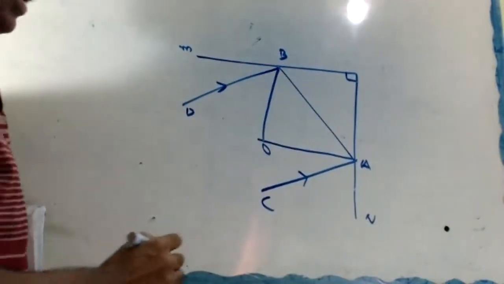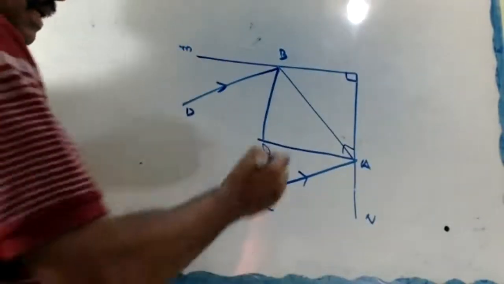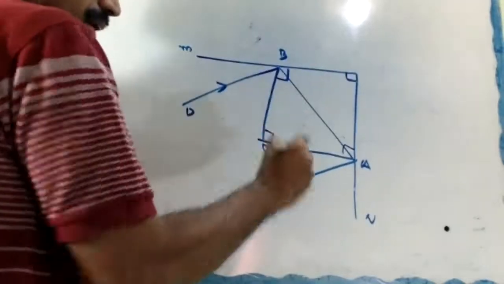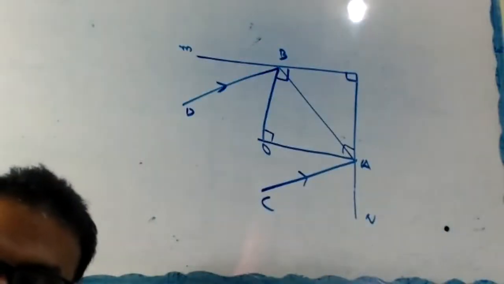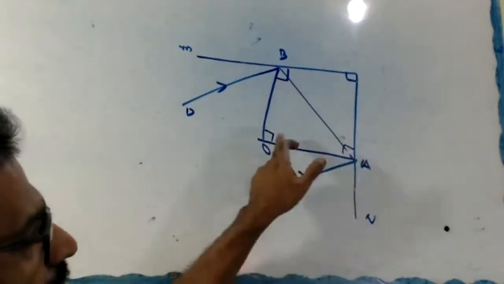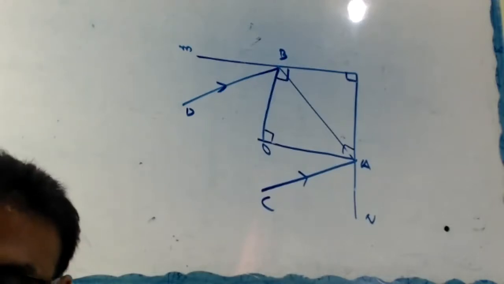Listen. Now, this angle is 90, correct? By construction. This is 90, construction. This is 90. What about this angle? Angle O, how much? 90. Why? It's a quadrilateral, correct or not? 90, 90, 90, so it's 90. Okay, clear now. After that, not opposite angles, quadrilateral.